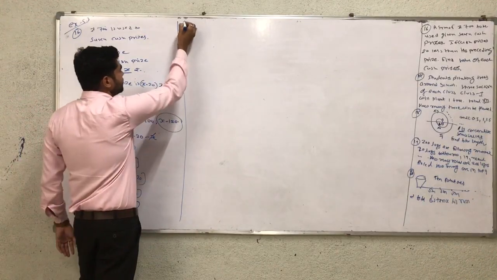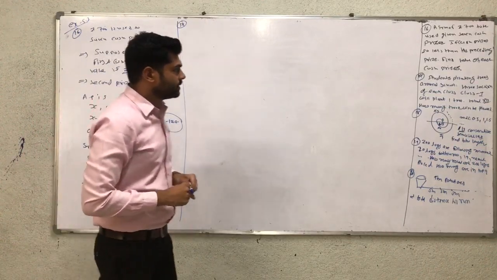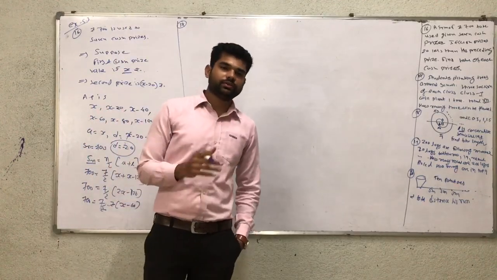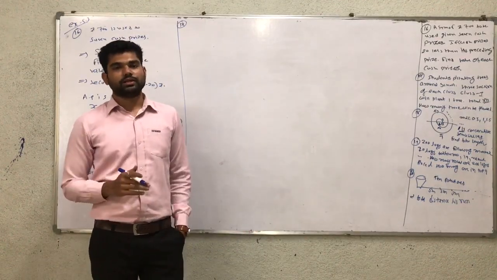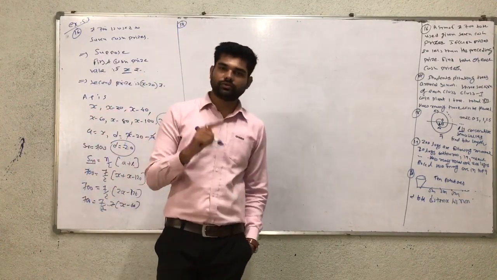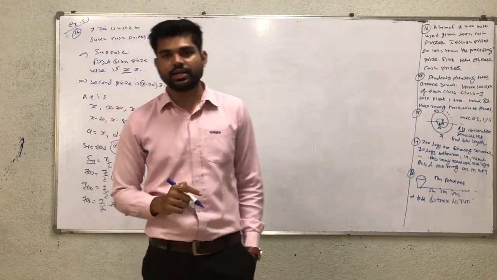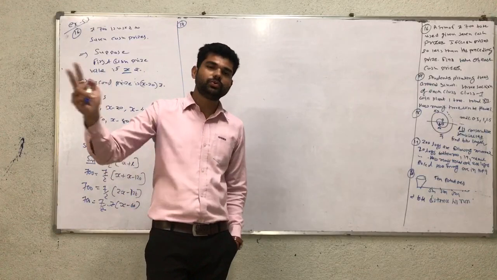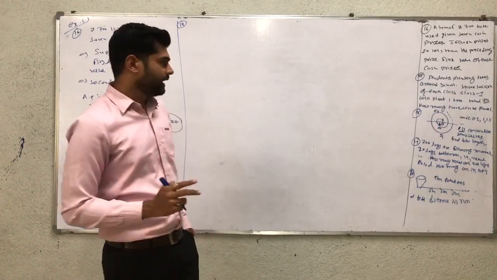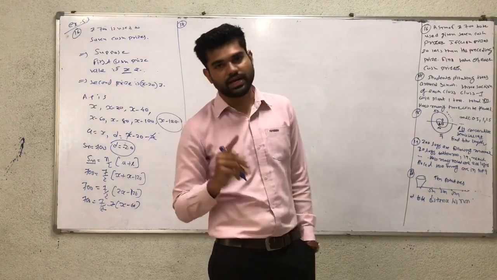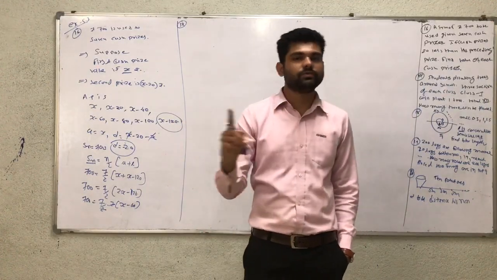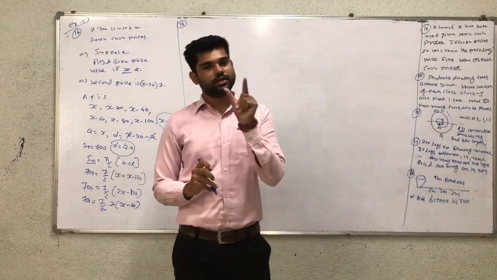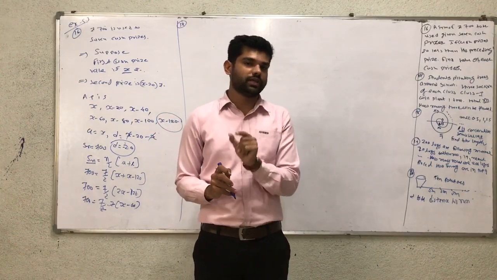Now question number 17. Students plant trees around a school to reduce pollution. Here the school has standards 1 to 12, and each standard has 3 sections. It means the first standard has 3 sections, the second has 3, up to the 12th standard, which has 3 sections. The plantation is section wise. Therefore, standard 1 plants one tree in each section, so the total plantation of standard 1 is 3 sections, therefore 1 plus 1 plus 1 is equal to 3.